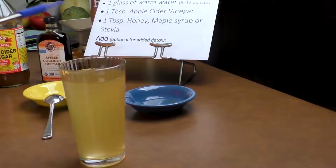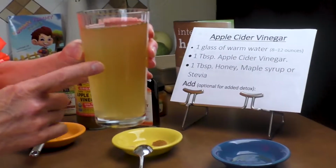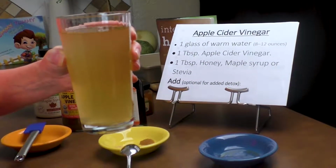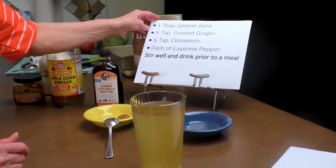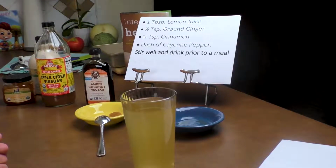Now that I've blended that, this is your basic recipe: warm water, honey, and apple cider vinegar. Now let's take a look at how we do a detox drink. So we're going to add a tablespoon of lemon,